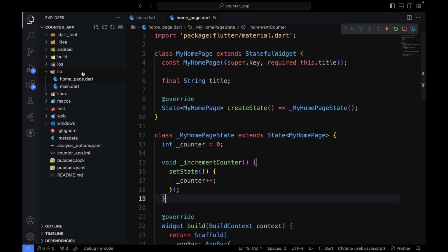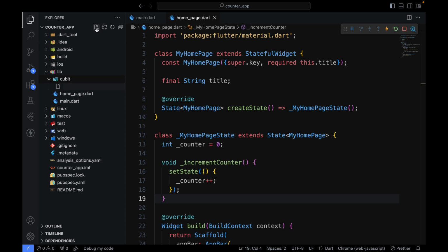So right now, first I'm just going to start off by creating a Cubit folder. First, we'll implement state management using Cubit. So I've created my Cubit folder. Inside of it, I'm going to create another file which is going to be called counter_cubit.dart. And I like this naming convention because the first part of this name, counter, suggests what my state is